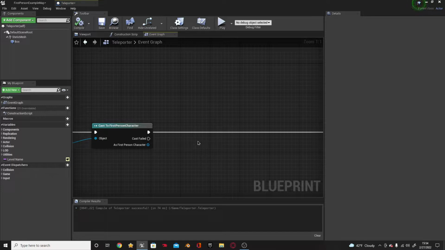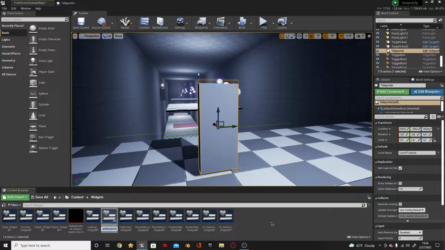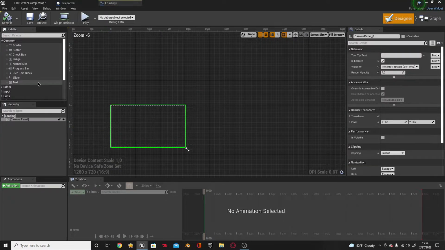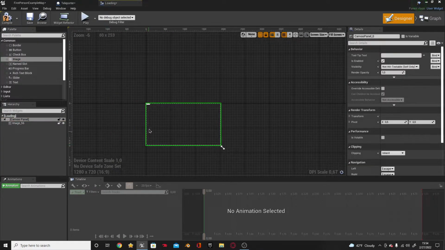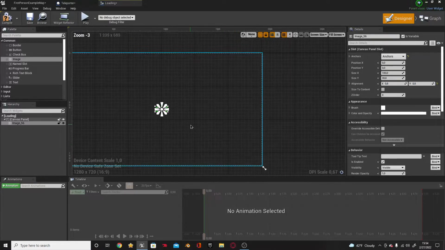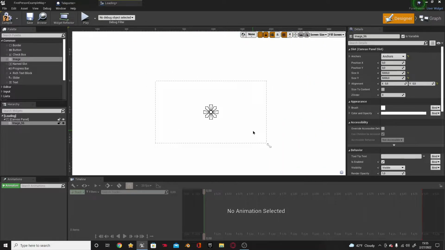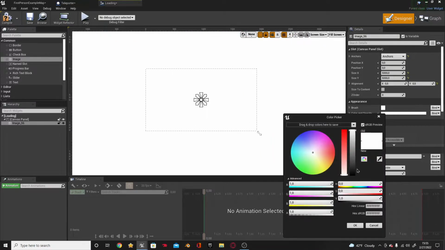So the next thing we're going to do, guys, is we're just going to go ahead and create a widget blueprint, and I already have one, as you can see right beside this, but we're just going to call this loading, or you can call it whatever you want. So for me, I'm going to drag an image on here, anchor it to the middle, and put an alignment of 0.5 so that it's right smack dab in the middle. And I'll put a size of 5,000 by 5,000, just so you make sure it covers the whole thing. I'm going to put mine to a black color,